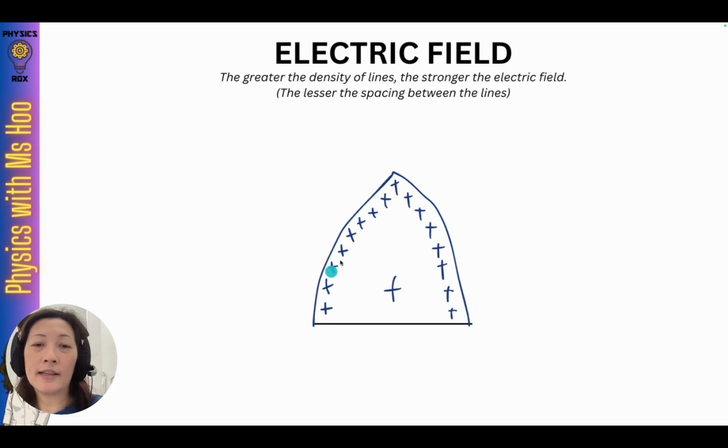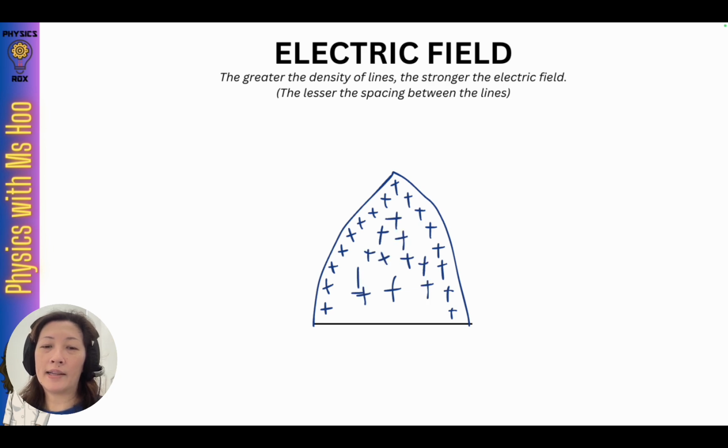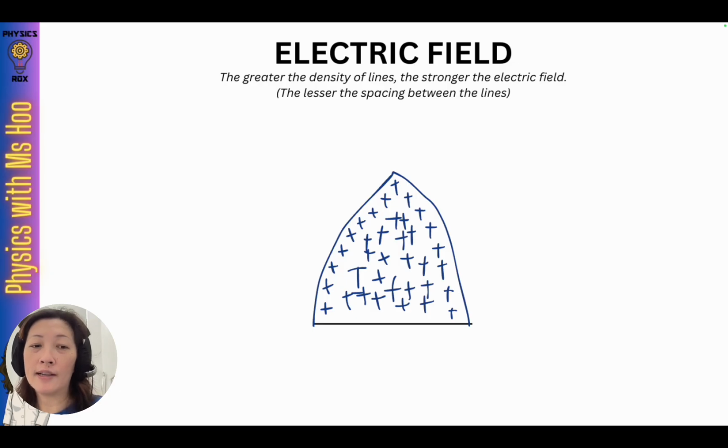Now, the thing is, the electric field may not have evenly distributed strength here because of this point. There is a concentration of positive charges over here. As you can see, the positive charges are much closer together compared to at the bottom. So even if I were to draw the positive charge distribution around, trying to make it as even as possible, you'll find that at the tip, there will still be a greater concentration of positive charges, which means that the electric field at that point may be stronger compared to the rest of the surfaces, even though it's on the